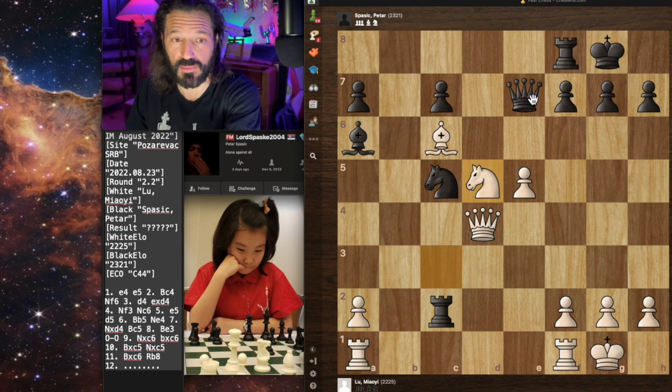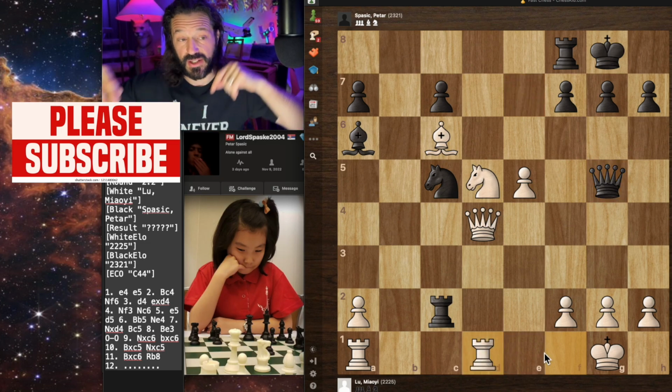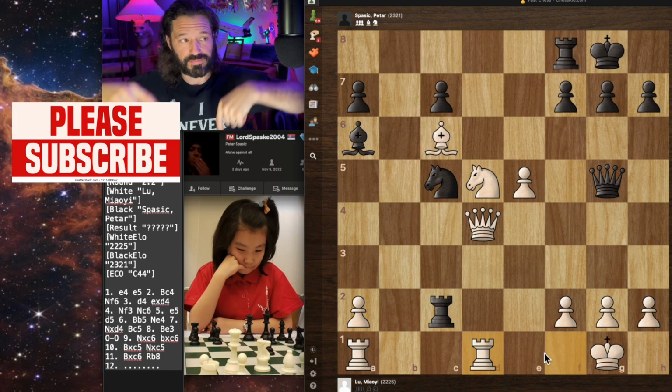Of course, the queen's got to move. She's under attack. So queen to g5 by black. And Lu Miaoyi plays rook to d1 here. I should have mentioned that I do have the